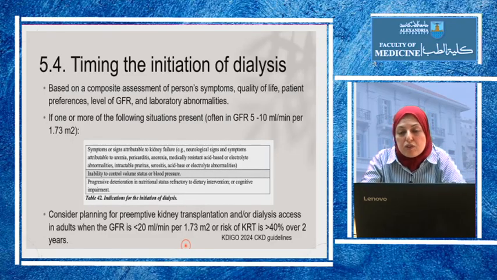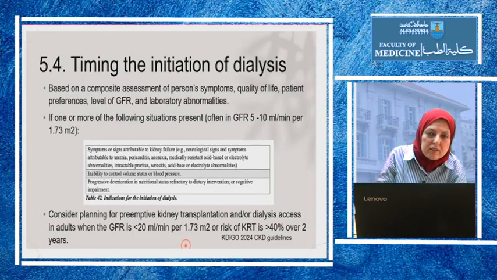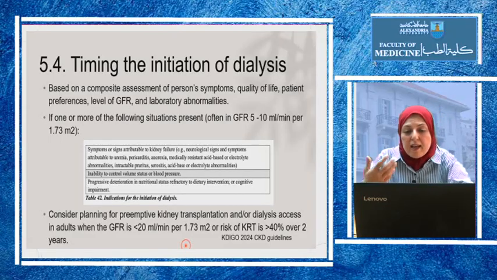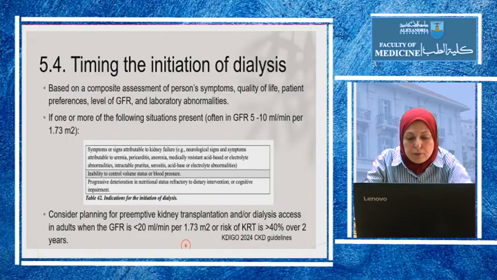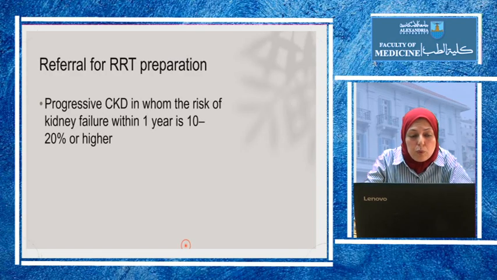It usually starts at a GFR of below 5 to 10 milliliters, and there is incremental dialysis where we start with 1 weekly session or 1 session every 10 days, and then increase the frequency as the GFR declines further. But kidney transplantation can be started preemptively when the GFR is below 20. So again, at stage 4, if the patient is willing and has a potential donor, he may be referred to the transplant clinic. So when do we refer?